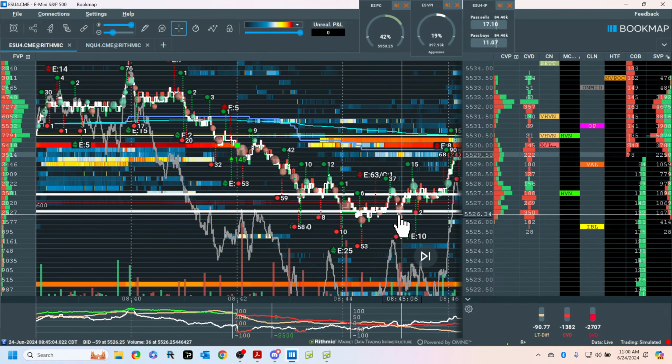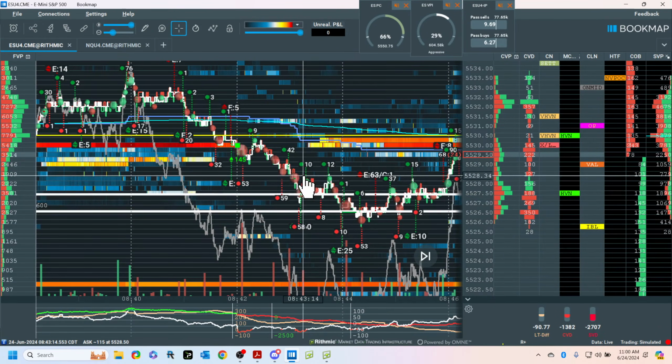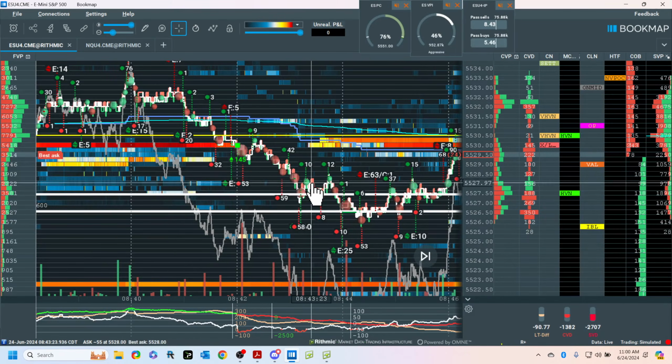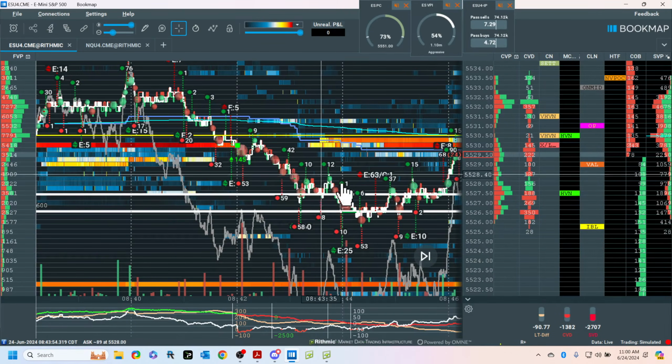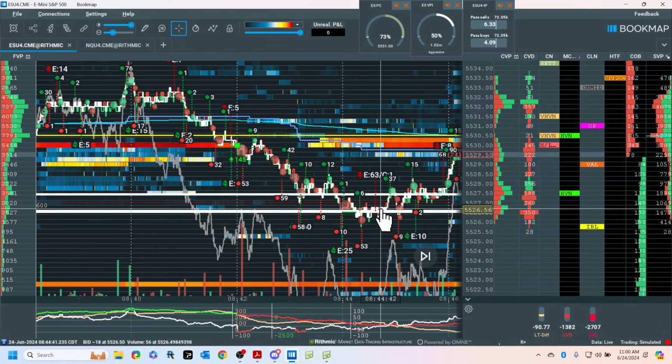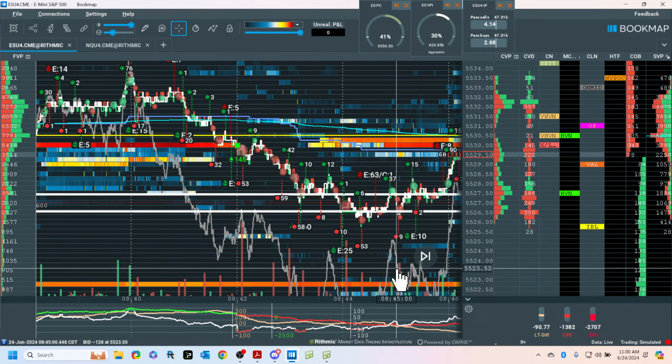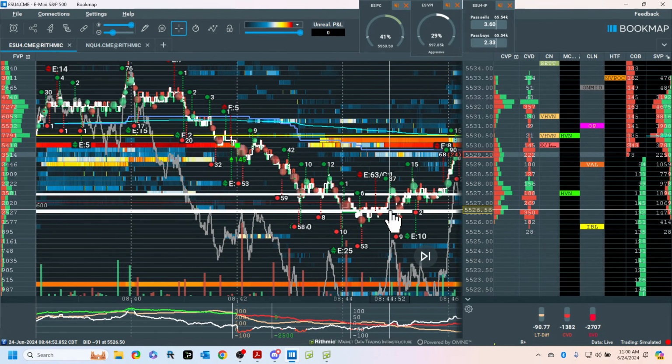Here's my volume. There's a buyer. I'm going, okay, now I mark this high volume. And this is very nuanced. These are trapped. This guy is trapped here. There's my sellers, and it looks like we're going to keep going. Right here is my support. This is my resistance. I've marked them out.